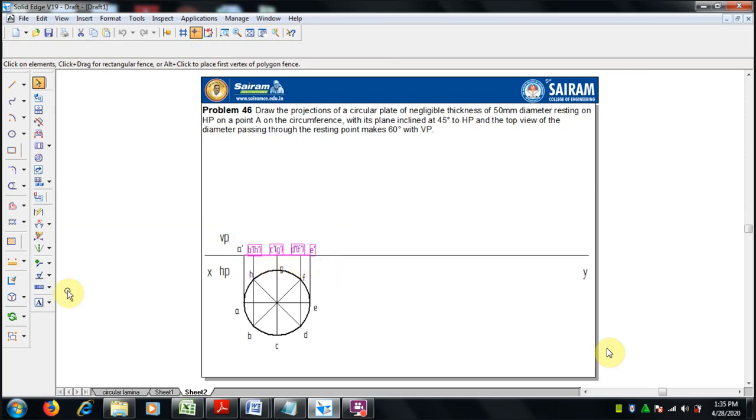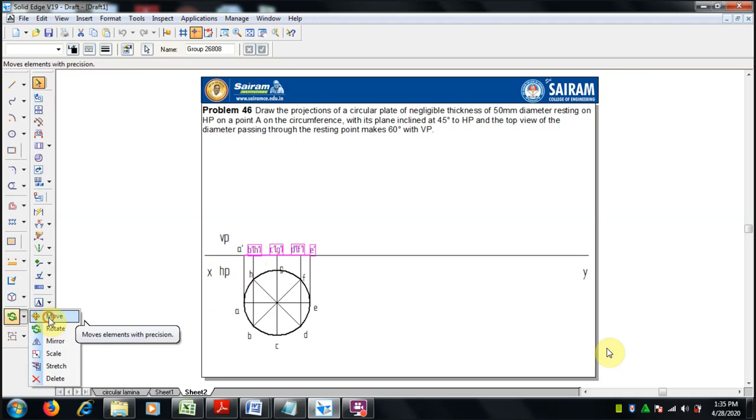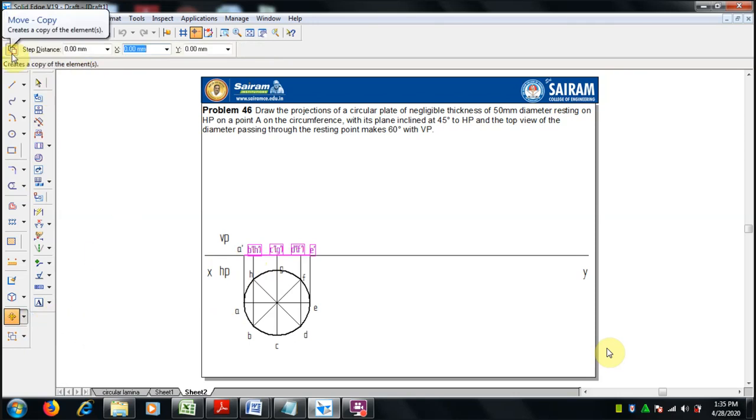We can select the front view and the letters for making the inclination of the plane to HP. So let me select fully and move a copy from here.